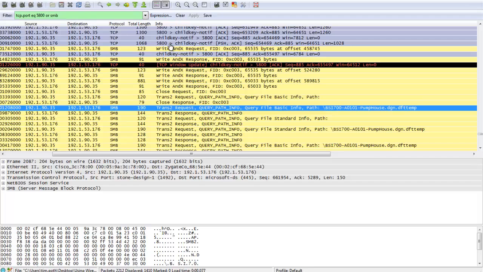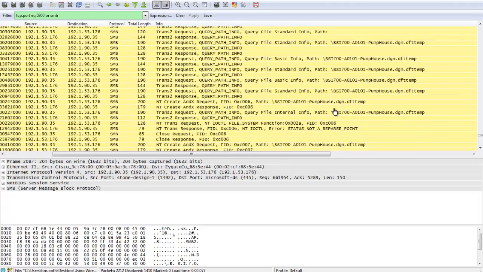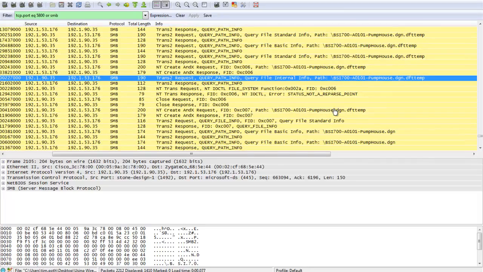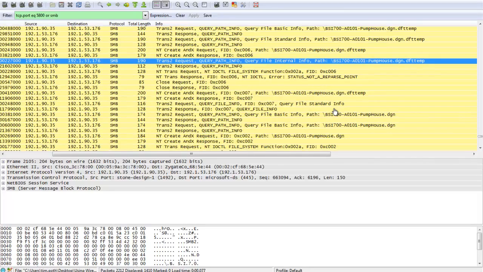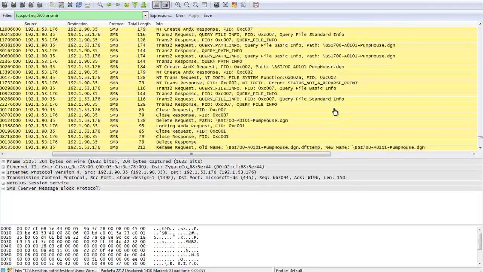And the reason for that is if something bad happens, all we do is trash the temp file. We don't actually trash the original data that you have. So if you have to retry the communication again, we have something to work from. We haven't pushed you all the way back to square zero. So you can see we're querying and we're getting some information on this DFT temp. And as we come down through here,